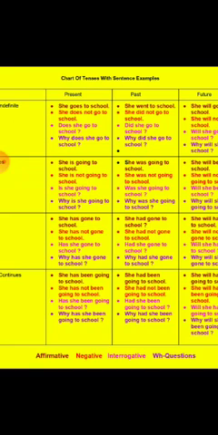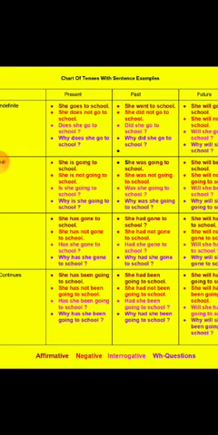In negative simple present tense, we use does not and do not. Does not comes with singular number, do not with plural number. And with do, does, did, always the first form of the verb is in use. She does not go to school, because we have used does, that is why go to school.